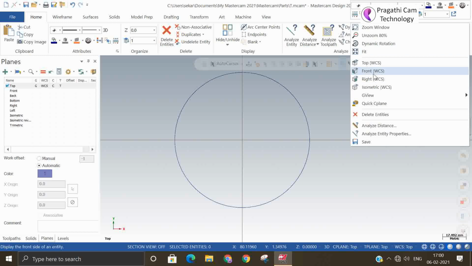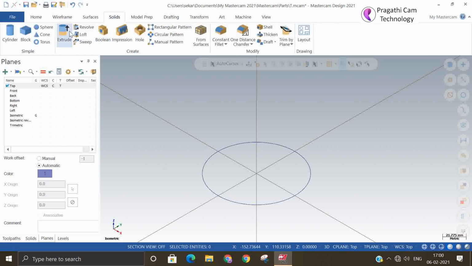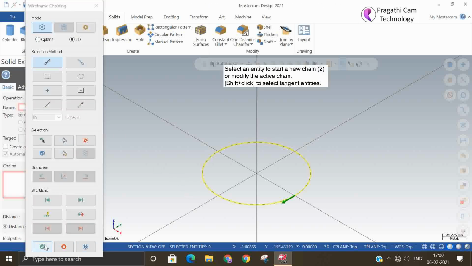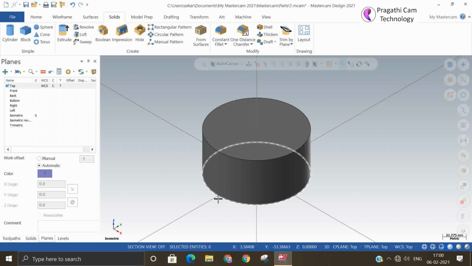In the old Mastercam, there was associative and non-associative. Now it is not there.